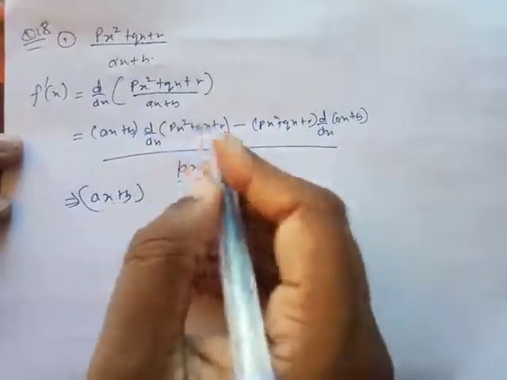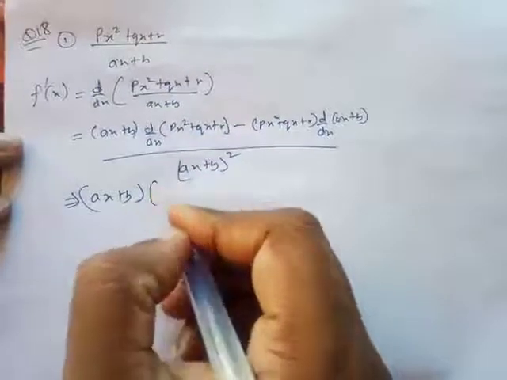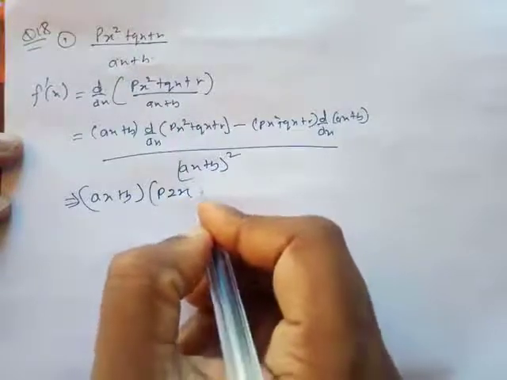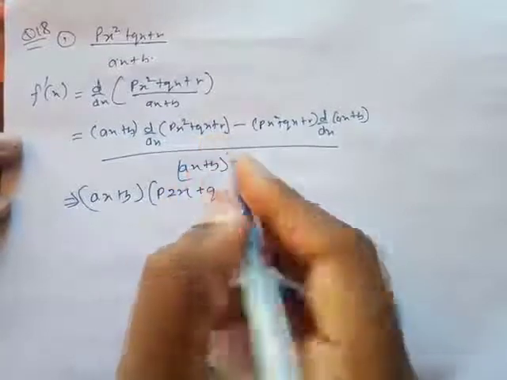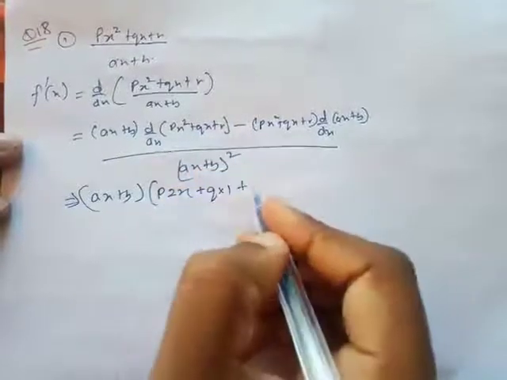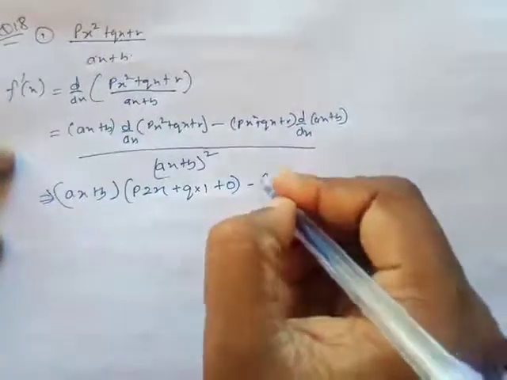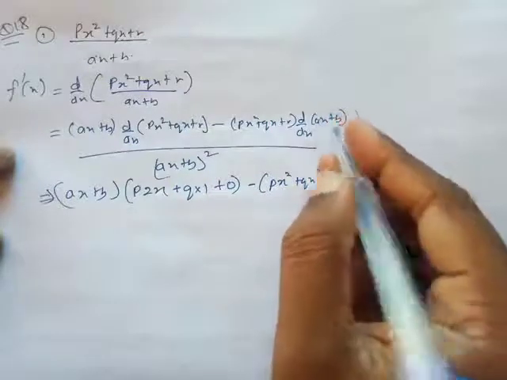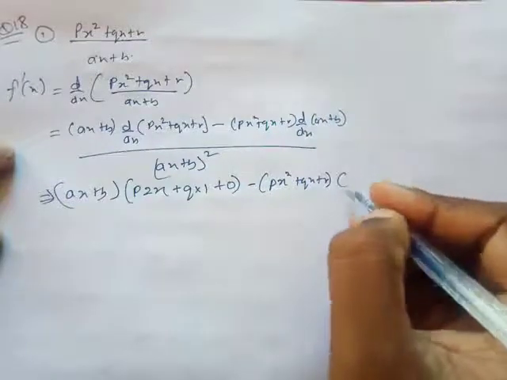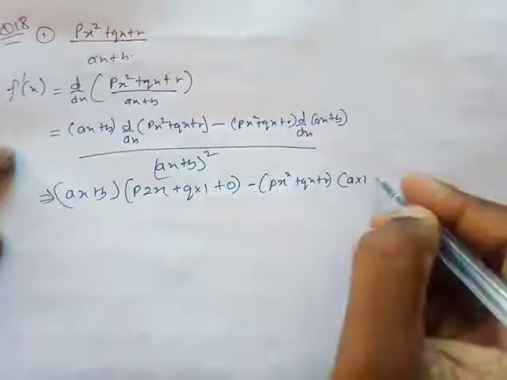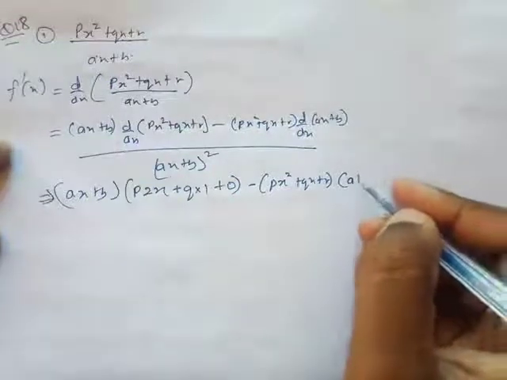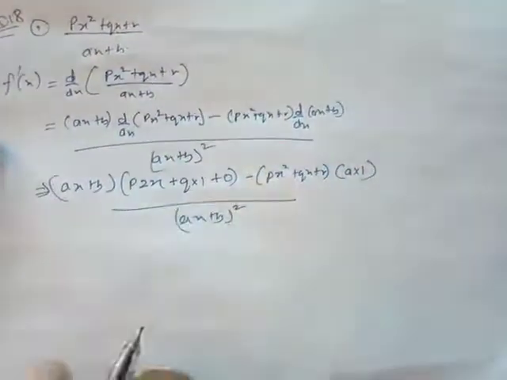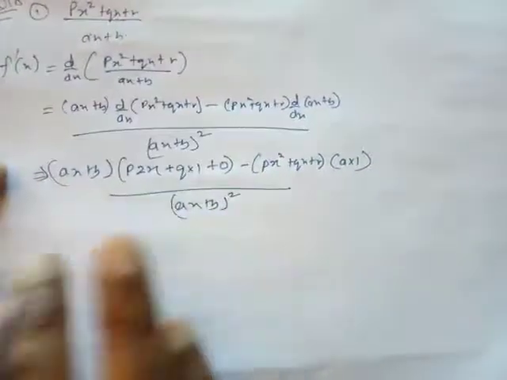So one by one keep finding the derivative of each one of them. If you find the derivative of this, what will you get? p will come out because it's a constant term, and x will leave 2x, plus q will come out, and the derivative of x is 1, and r is a constant term so its derivative is 0. Okay, minus, this is going to be just like that, px square plus qx plus r, and the derivative of this is, a comes out and derivative of x is 1, so a into 1, and the derivative of b is 0 because it's a constant term, so a into 1 plus 0, so only a remains, upon ax plus b whole square. You can leave the answer here also, but it would be better if you solve a bit and then leave the answer, that would look very very good.